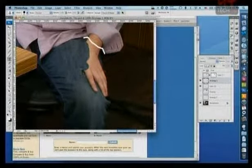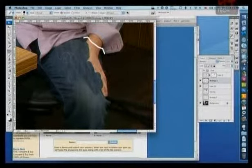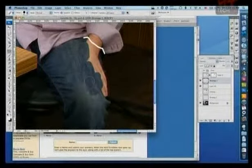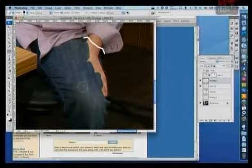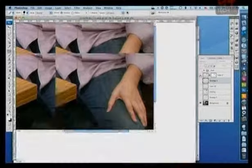So you're cloning the jean over his hand. Yeah, it looks horrible, but what you can do after that is take the heal tool, sample the same area, and go over it again. It kind of smooths it out. Look at that. It actually looks pretty real. If you do short strokes like that, though, sometimes you get little artifacts. But you've got to mix it up. Yeah, you got to mix it up and use the heal and clone together, and in the end you get something like... When I took some time... It looked like...